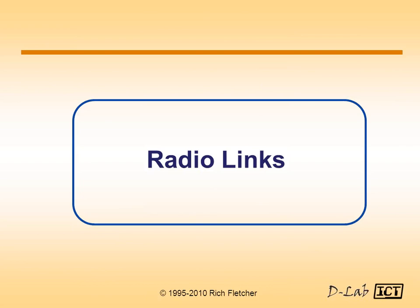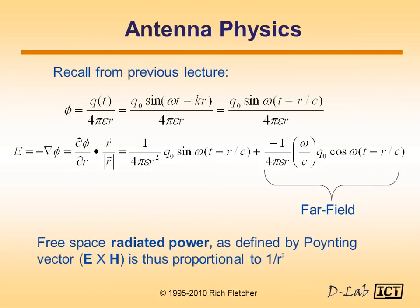So that's one example. But a patch antenna, a single patch, is fairly wide. You can add more patches and make an array if you want to make it very directional. Then there are other parameters, such as directivity, which tells you sort of how uniform the radiation pattern is, and then gain. Gain is